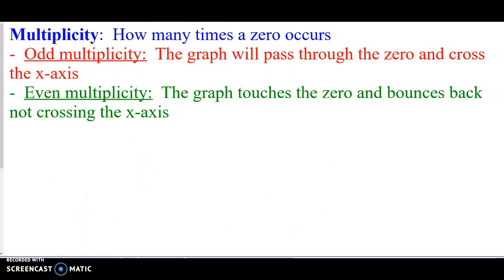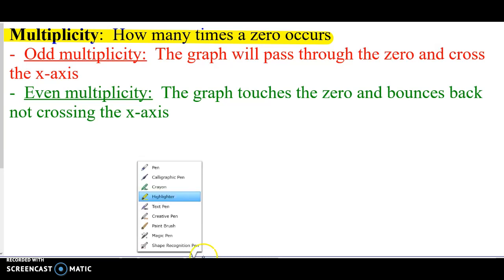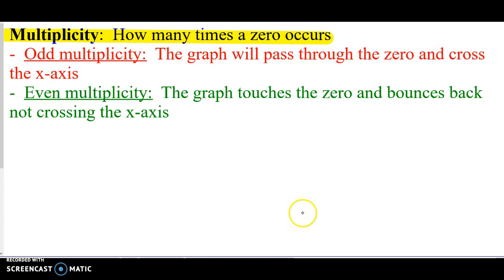Okay, so let's talk about multiplicity. Multiplicity would be how many times a zero occurs. So what does that mean? It is possible for us to get a zero more than once. So for example, let me write this. If I had the graph, let me get a real line here. Okay, let's say I had this graph, just